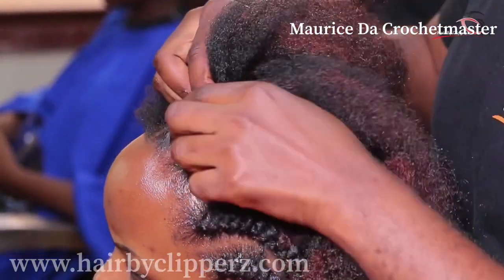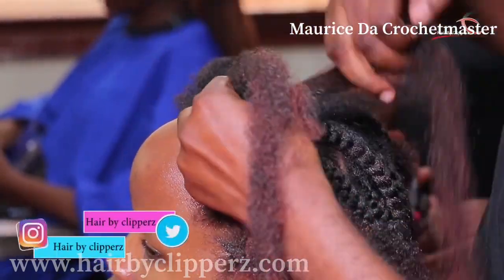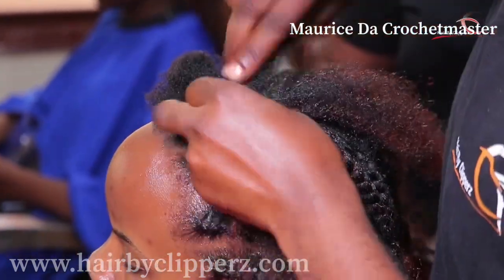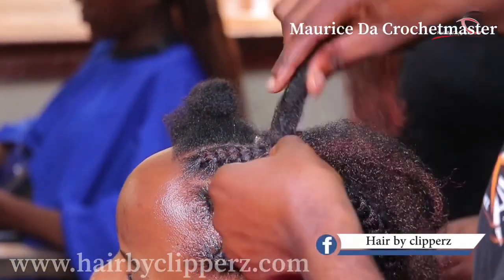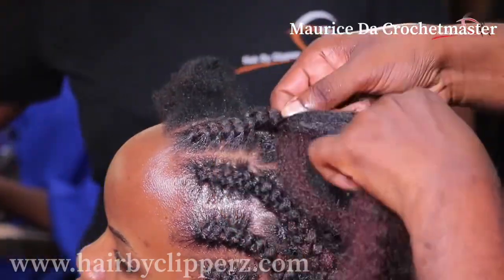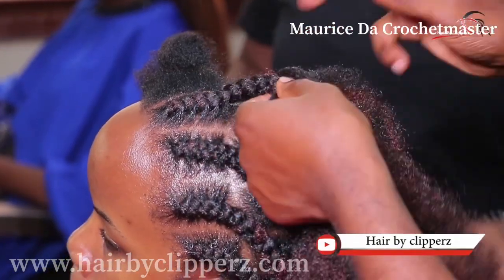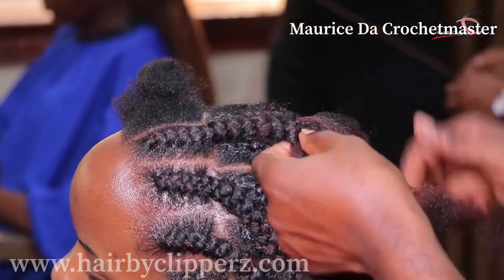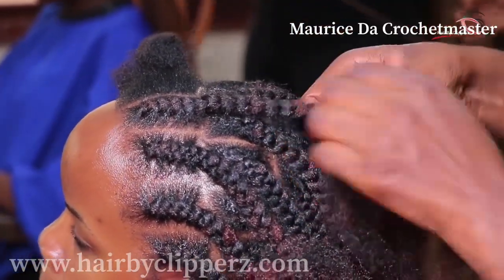Why I'm saying it, you will get someone who has the 4C hair type, you understand, and the hair is very, very weak. So you just have to mind about the volume of the hair, because I told you, when it comes to kinky, it can behave. If you plait it badly, it can behave, and that's when you find people's hair breaking because of kinky. So you just have to mind the volume of the hair, like in front, before doing this kind of